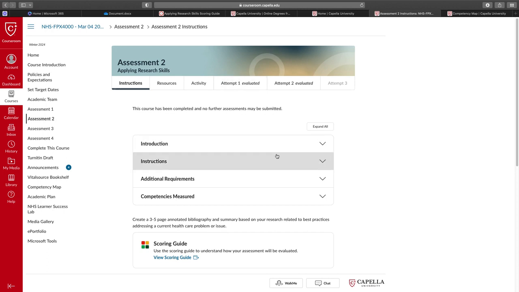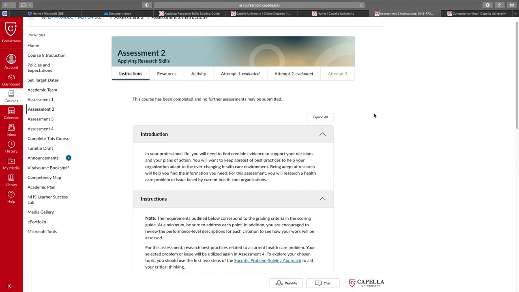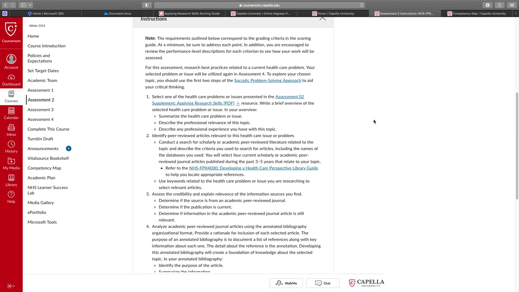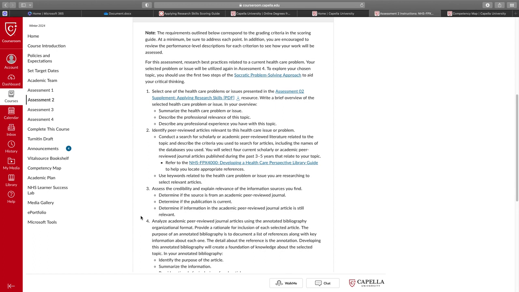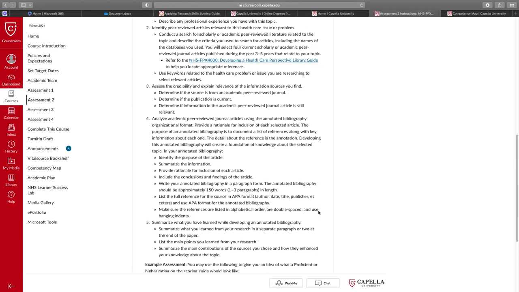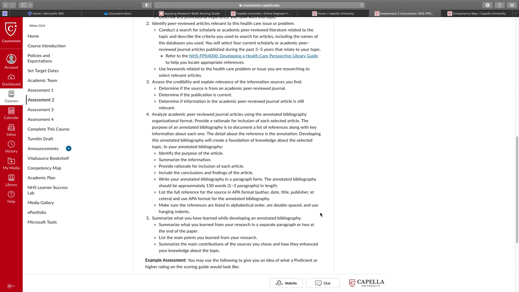I want to go down into the instructions area. Basically, this is about researching, applying your research skills. When you read your instructions, it basically is a summary of everything that the professor needs you to include in your paper in bullet points. Now, I always go to my rubric and add the criteria under the distinguished column to my research paper outline draft so that I can make sure that I hit those points. But there are also some points here that the professor will give you to make sure that you hit on everything that she's looking for. So you want to read this section